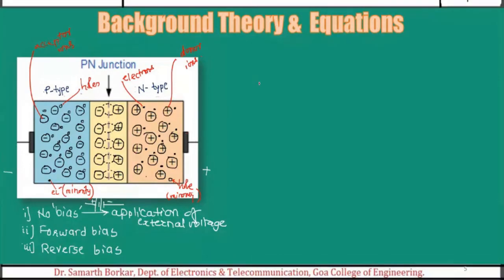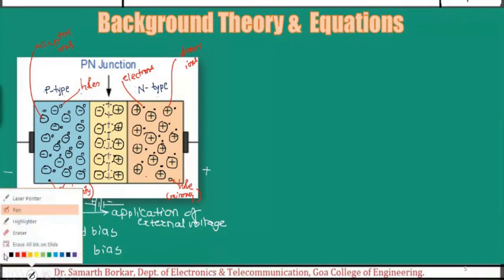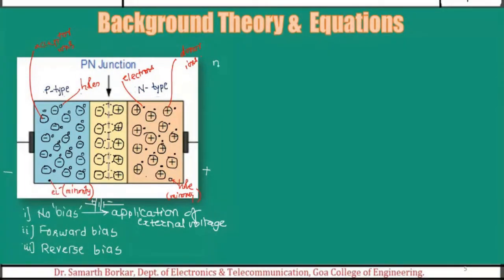Now how is it represented? If I want to represent the electrons on the n side, electrons are represented by n with subscript n, at thermal equilibrium, as we have discussed. So n_n is the number of electrons on the n side. Similarly, p_n, and we can have the combinations n_p and p_p. So these are the four combinations. Now let us try to understand what p_n is. p_n stands for the concentration of holes in the n side, and n_p is the concentration of electrons in the p side.